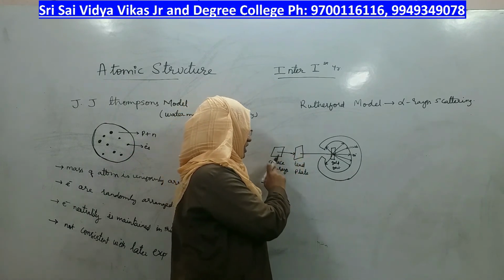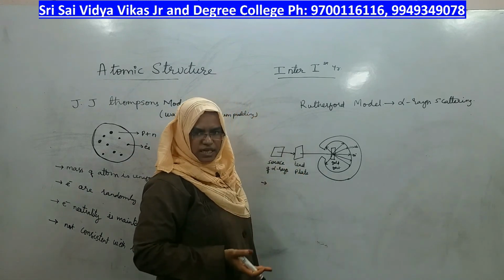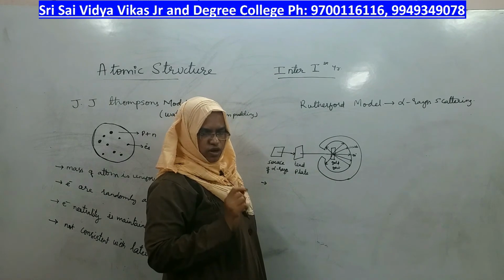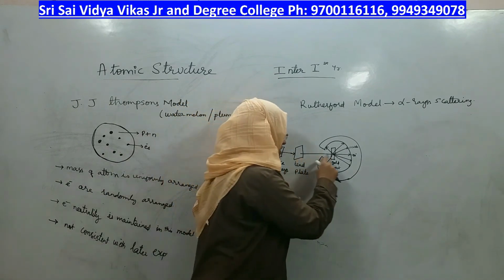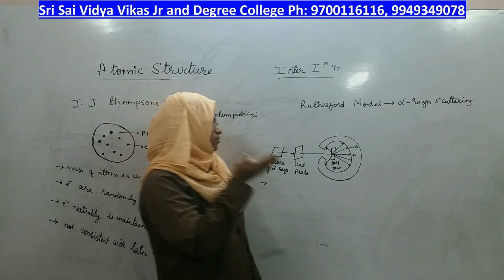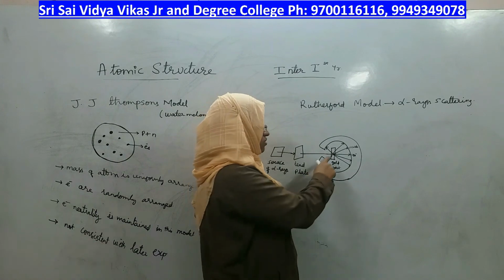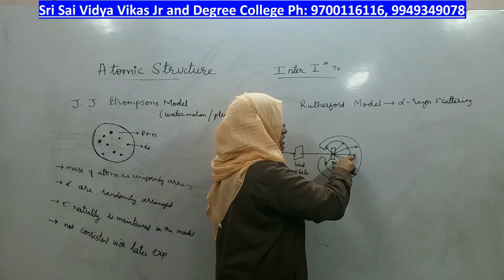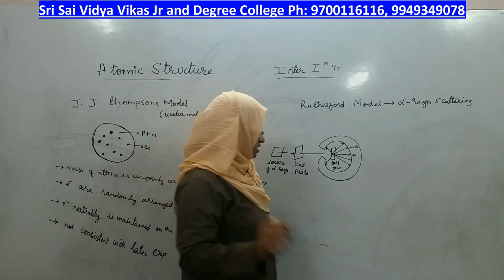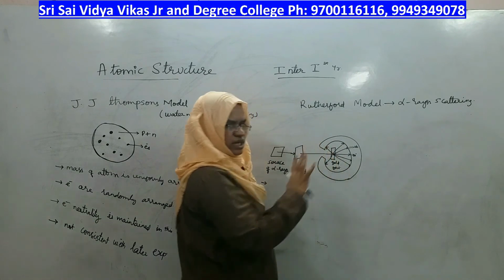The moment alpha rays come out of the source, they strike the lead plate, their speed is accelerated, and they go directly and hit the gold foil. When alpha rays hit the gold foil, mostly 99% of the alpha rays come out exactly at a straight angle of 180 degrees without any deviations, and they strike the center of whatever boundary you have taken.